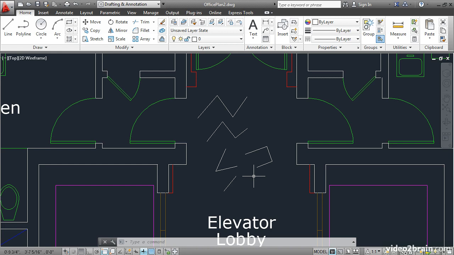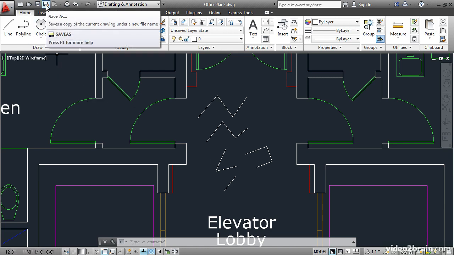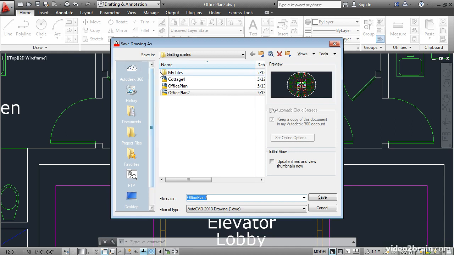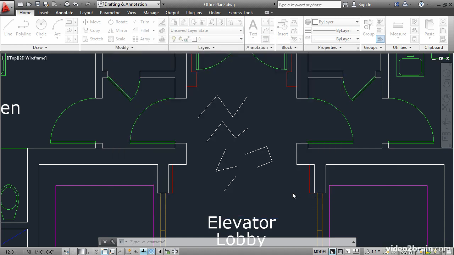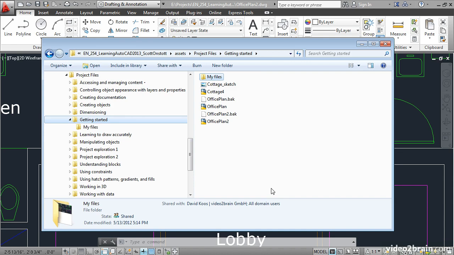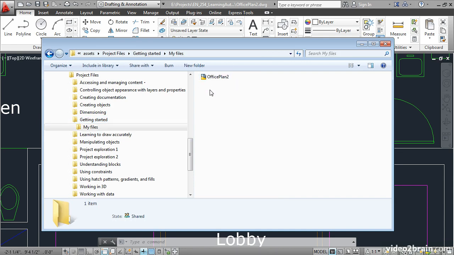Let's save this file under a different name. I'll click the Save As command here on the Quick Access toolbar, and I'll double-click in the My Files subfolder. I'll save it under the same name, Office Plan 2, but this file is different because I've drawn some lines and changed a drawing-specific option. Switch to your file system and go into the My Files subfolder. There's just the single file in this folder. I'll switch back to AutoCAD,